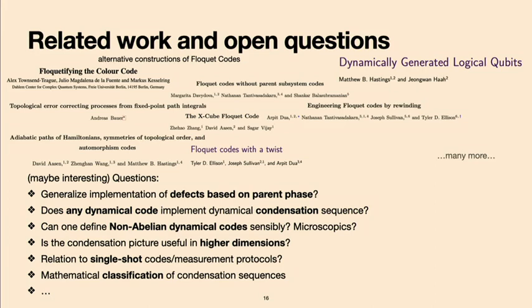Great talk, Julio. Just kind of a service to the community: do you have a phase diagram of all the condensation phases? I mean, in the color code, it's all toric codes. Okay. So because there is